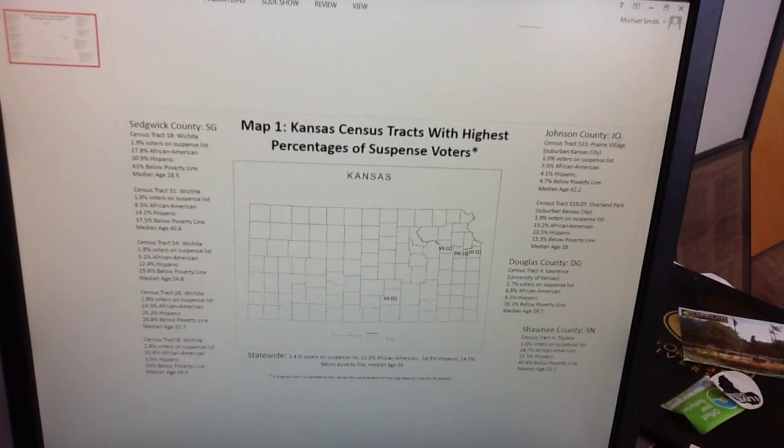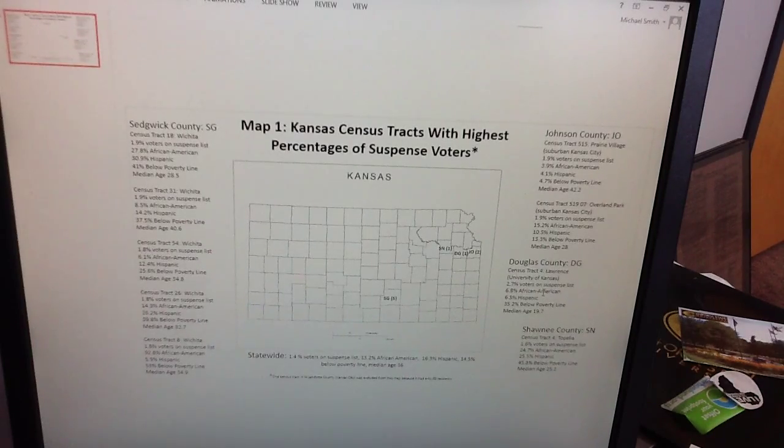There was a second census tract there in Johnson County that was kind of an anomaly. It was not very diverse and it's quite wealthy. It's located in Prairie Village. And they've only got 4.7% of their residents below the poverty line and not a large African American or Hispanic population. We're quite frankly not sure how that one got on there, but it's our responsibility to report all the data. Let's take a look, though, at this Douglas County census tract. This is a really interesting one because it's right at the heart of the University of Kansas campus, and that really stands out when you look at the average age of its residents, only 19.7 years old.